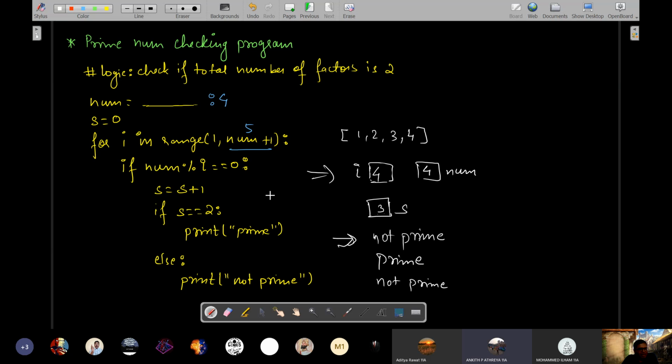User expected that when the user enters 4, your program should display only one time whether the number is prime or not. यहाँ पे क्या हो रहा है? Not prime, not prime. तो वो फिर क्या हो गया? Is this the correct answer that you were expecting? No, sir. So did you understand why we need to come out of the loop? Yes, sir. Okay. So now Ilham, I am writing the correct answer.